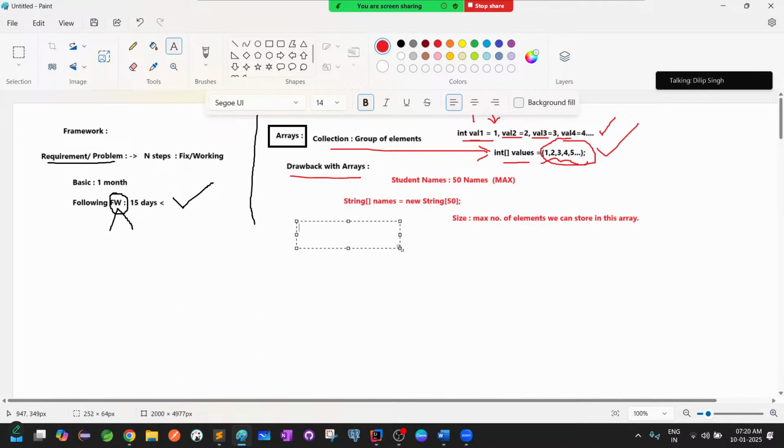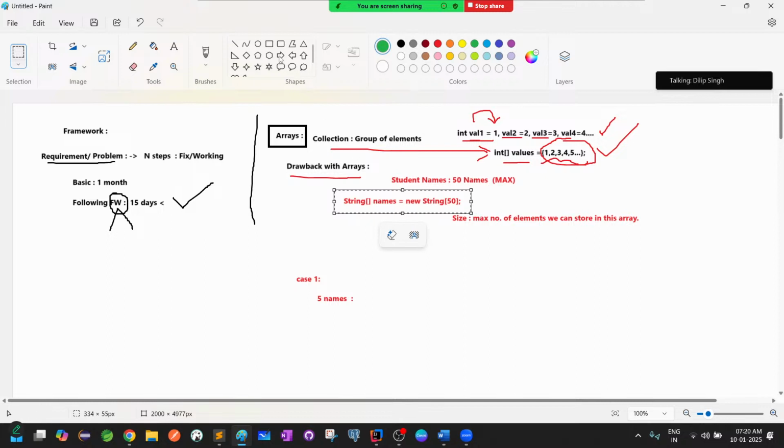Okay, cool. So now, for example, scenario number 1, use case number 1. Assume you got only 5 names. You got only 5 names. So the maximum you got is only 5 names. So what is the point in this case? First point, before going with the use case, the moment you allocated this